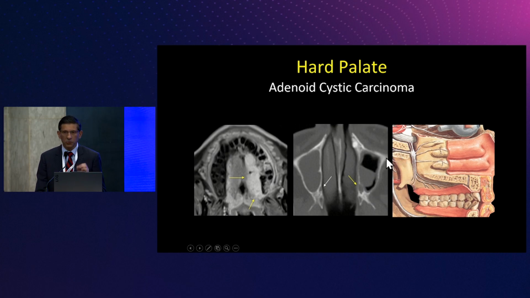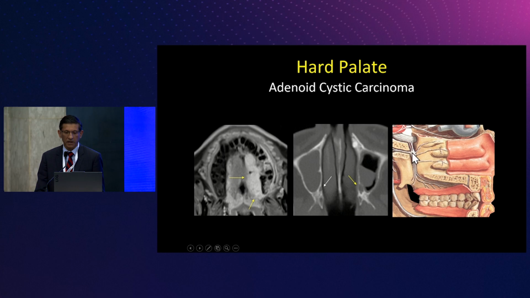And I can tell you the majority of the time the surgeons do not know that tumor is spreading along the nerve. And as a result, if you don't tell them it's spreading along the nerve, then they're going to do a resection right here of the hard palate. And once they come back, the pathology is going to come back with a positive margin. And they're like, what do you mean I got a positive margin? It's up to us to tell them that nerve is at risk.